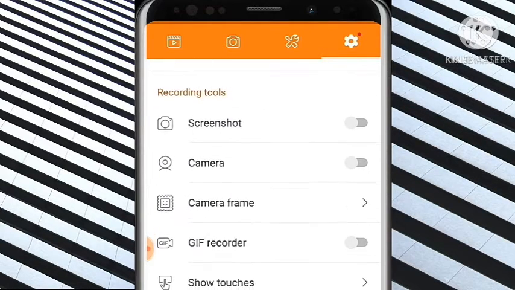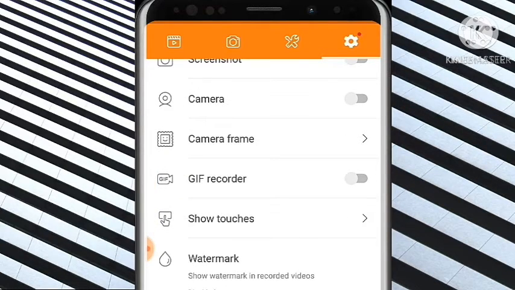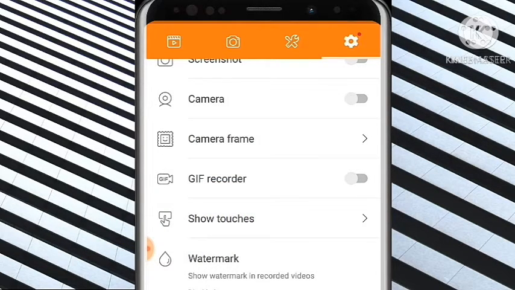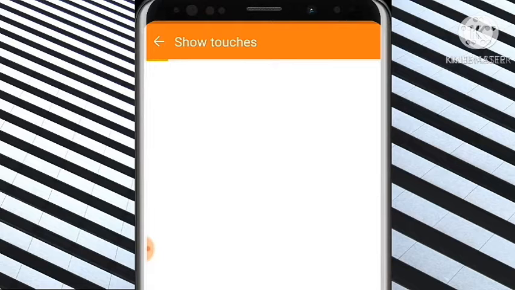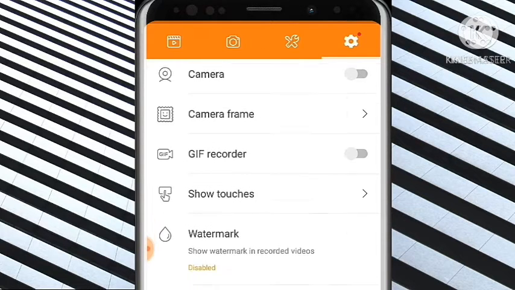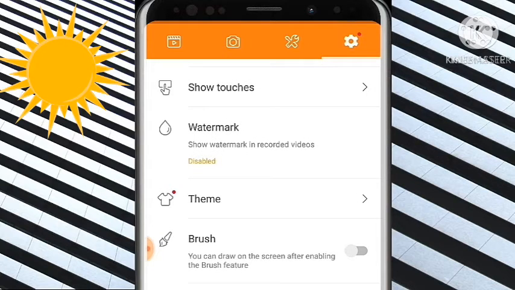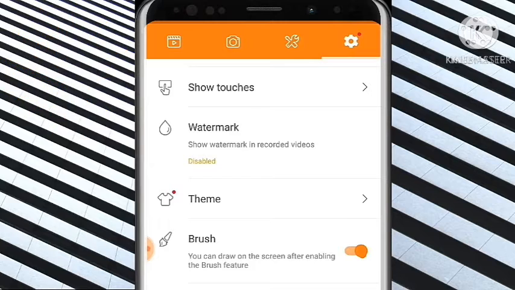Okay, now let me show you the watermark option. Here it is, enable or disable. You can record your videos without any watermark with this application, and there are lots more features on it. You can check the brush one, theme, everything, touches. But the best thing about this application is you can record your screen without any watermark,